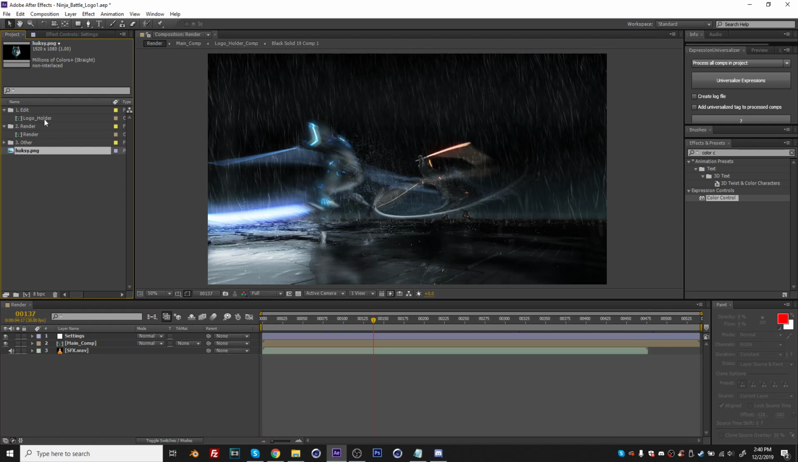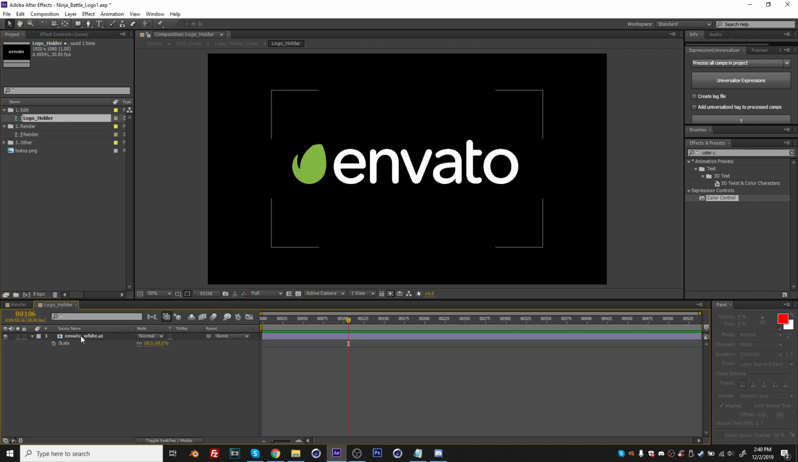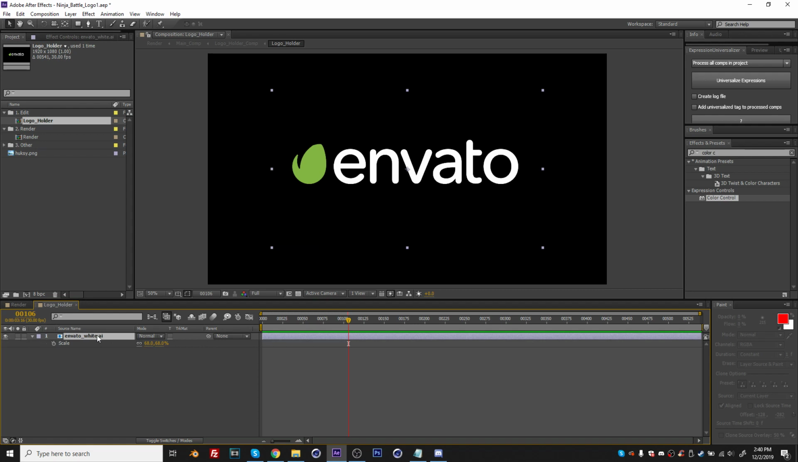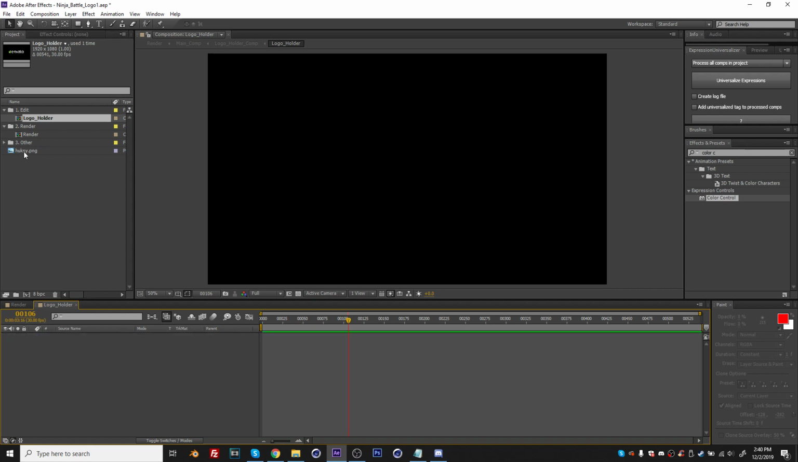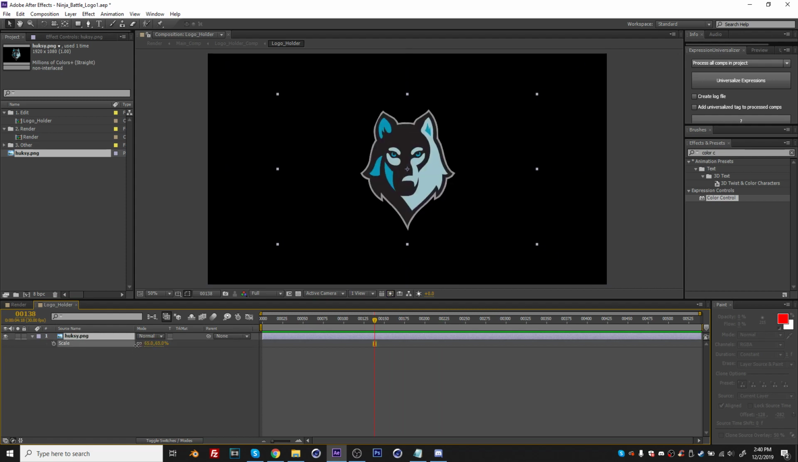Inside your edit folder you will access this logo holder composition. Double click to access the composition. Here you can grab the previous logo that was here and just press delete, and then drop your new logo inside this composition. With this logo layer selected, I will press S for scale and just rescale this down. Just note that any transform modifications that you do inside this logo holder composition, these changes will translate to